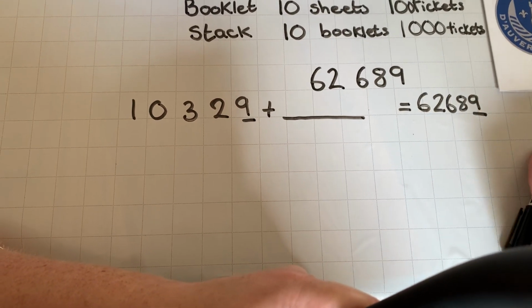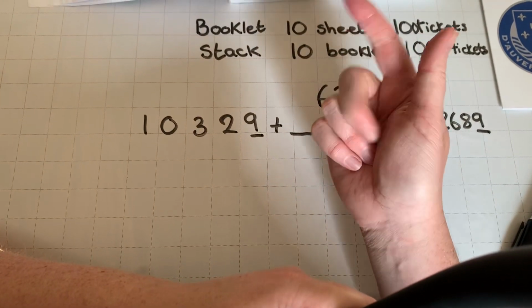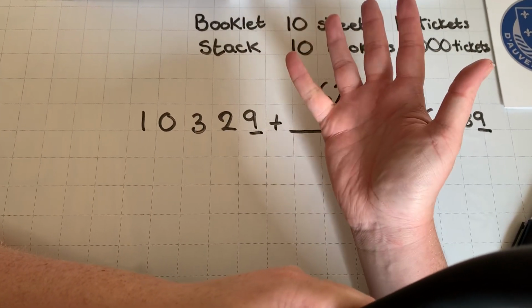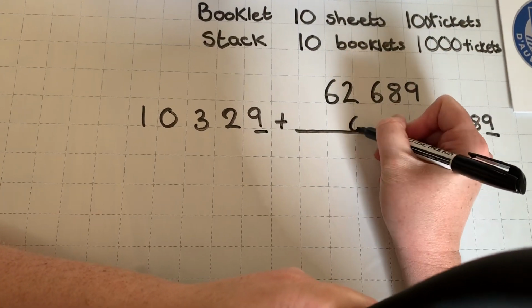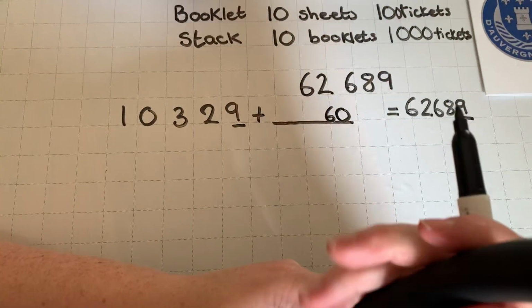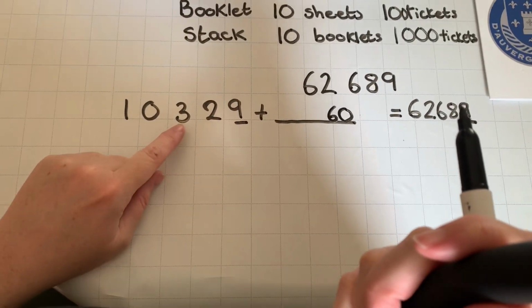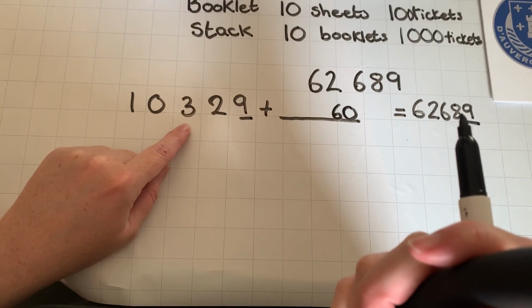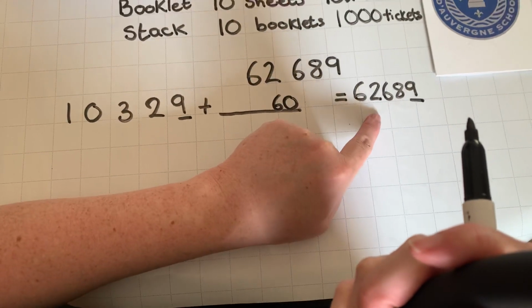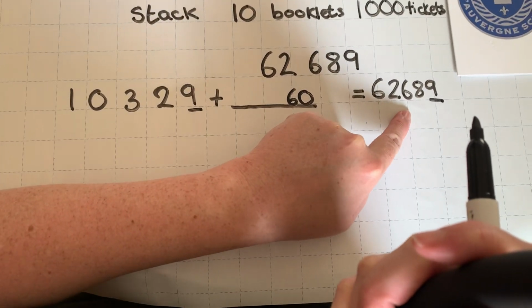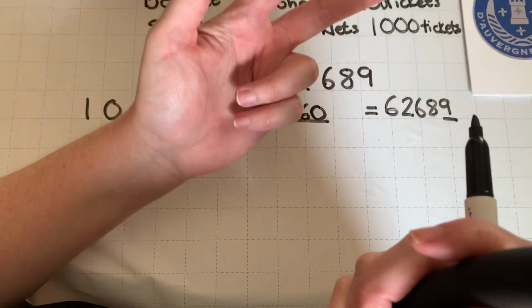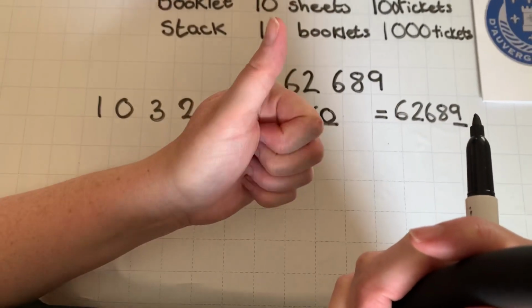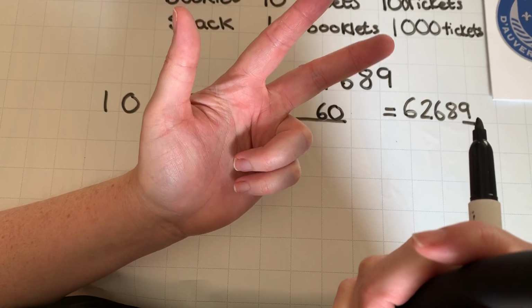So I'm on 2. I've got 3, 4, 5, 6, 7, 8. That was 6. But it's not just 6, it's 6 tens, which gives us 60. Over this side I have 3 or 300. On this side I have 6. How many more? I've got 3, 4, 5, 6. That's